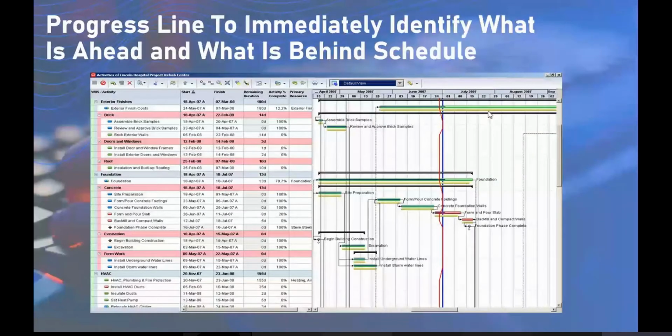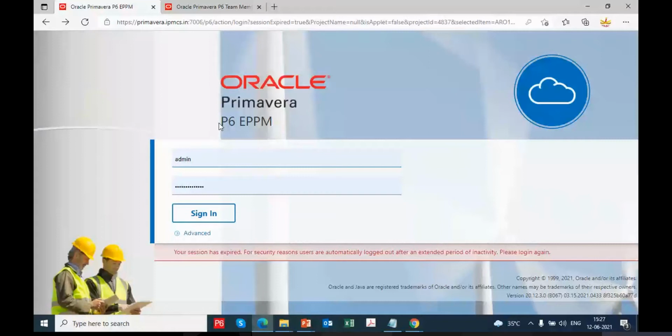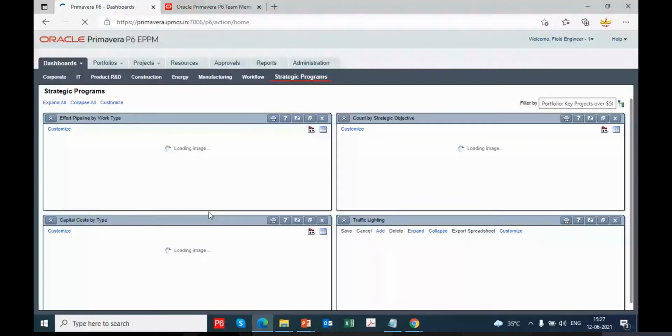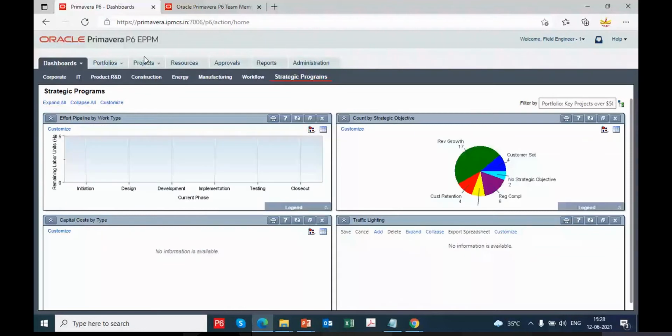Let's see now in the software how this process happens. This is Primavera EPPM. I'm logging in. In the EPPM, I can go to the projects tab. I'm just opening a project.